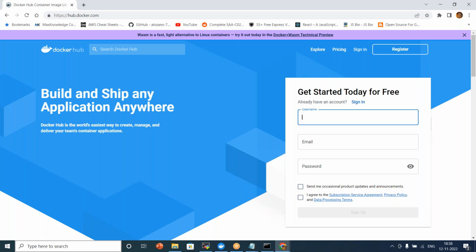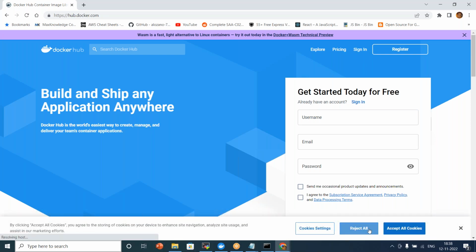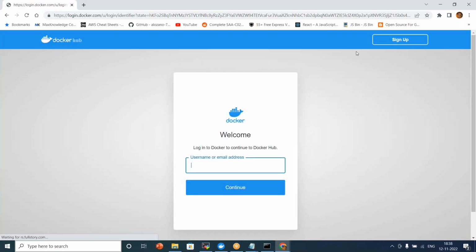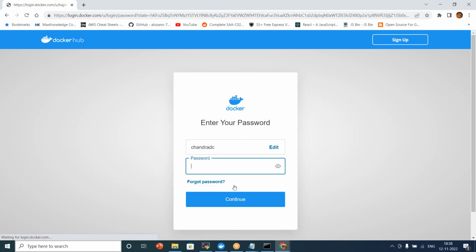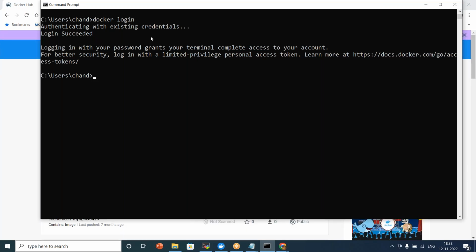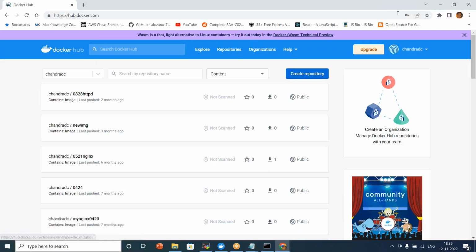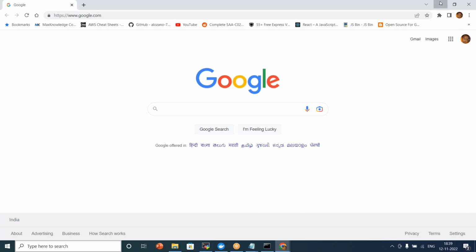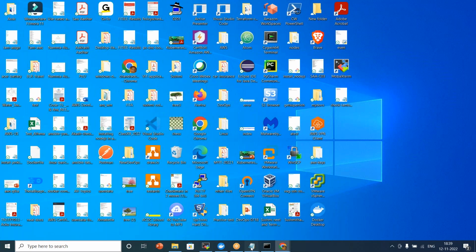Okay, we'll go and sign in. If you already have an account, if not, go and register a new account and you should be fine. Okay, login succeeded because I already have credentials uploaded here. So you will be getting a username and password and you will need to sign into that. Okay, so please sign in using that also. Then the next step for us to do,